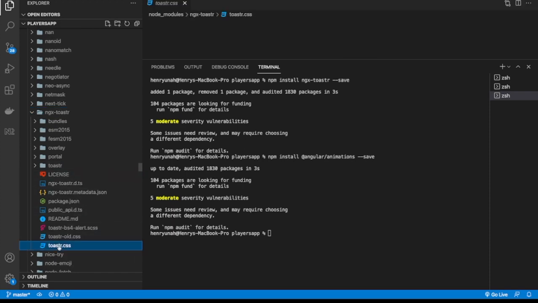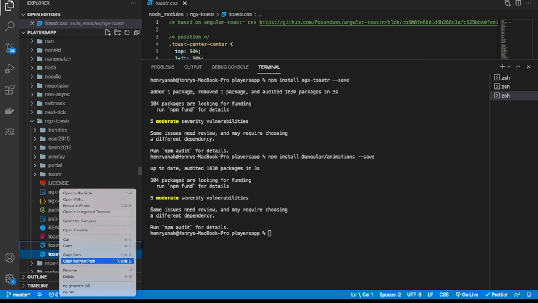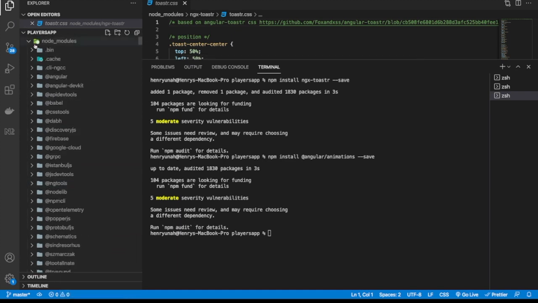So it's toastr.css. Here we can copy the relative path,